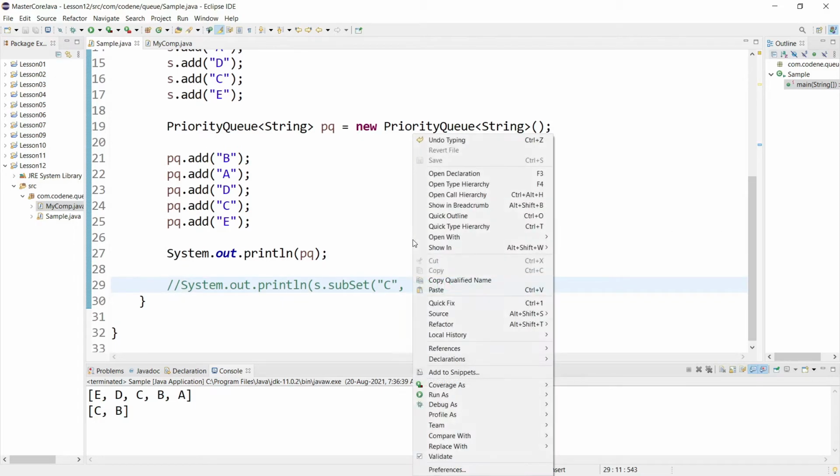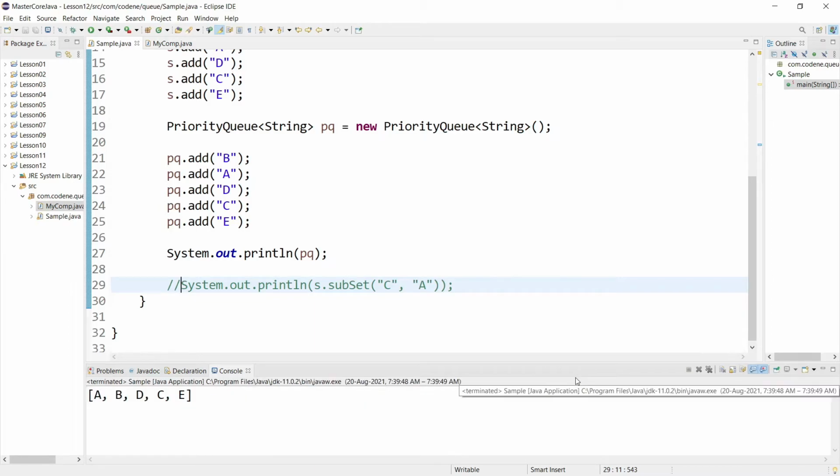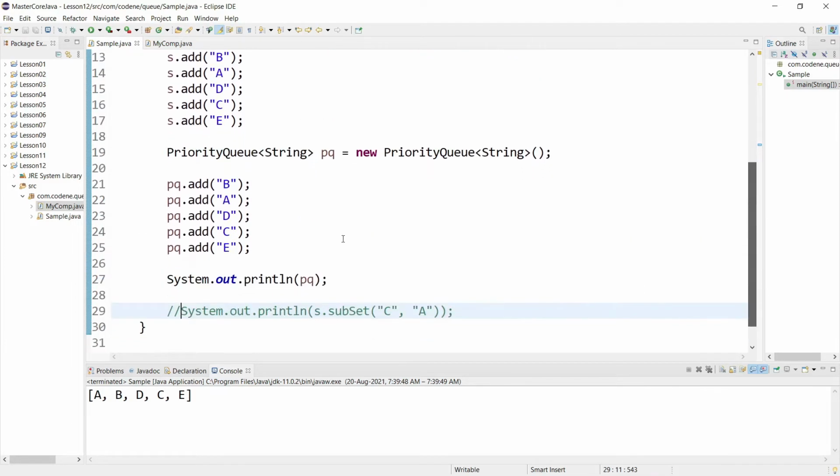You see, when I run this, there will be a difference. I am getting A, B, C, D in a sorted manner. I entered the elements in a random manner in the priority queue, but I am getting the elements in a sorted manner. By default, the priority queue gives priority to the smallest element, meaning in an ascending manner.